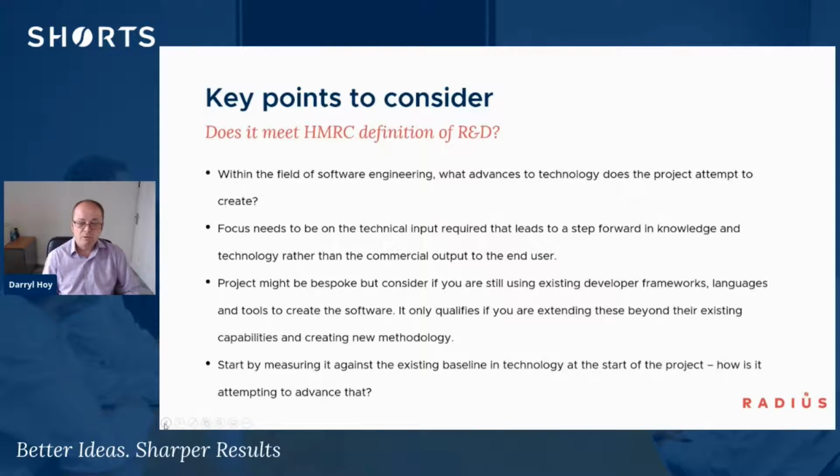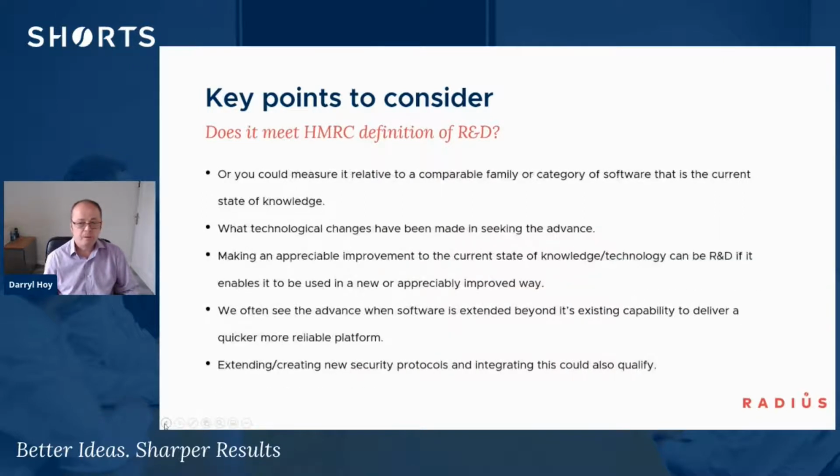So a good way of measuring this is to look at what the existing baseline technology is at the start of a project, what's available in open source, and how it is that you're trying to advance that technology forward. You could also look to measure against a comparable family or suite of products that's seen as the current state of knowledge. What technical changes have you been trying to make? But making an appreciable improvement to that, as long as it's not a minor or routine modification or optimization, that